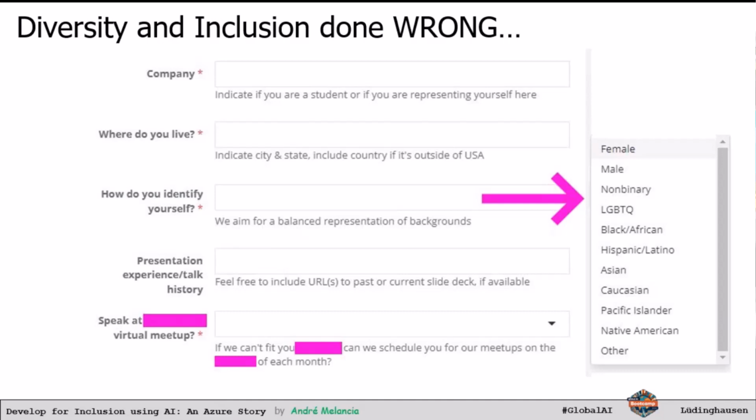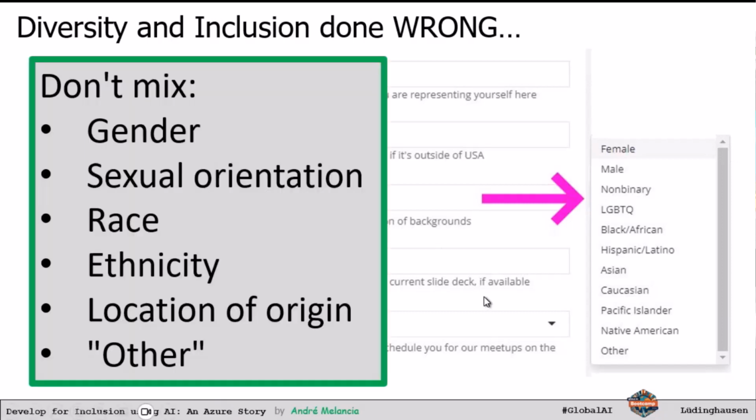So you can be inclusive by allowing people to out themselves whenever they can. But unlike that guy, I'm not going to mention names, but unlike that guy, you shouldn't actually force people. That is the opposite of what you should be doing. That is actually harassment and a really bad one. Okay. So moving on from this list and actually talking about some of the solutions that we have.